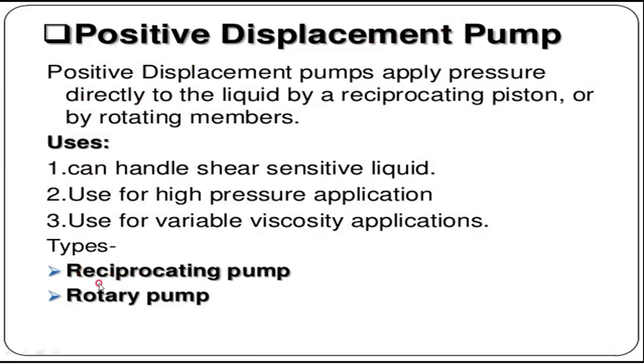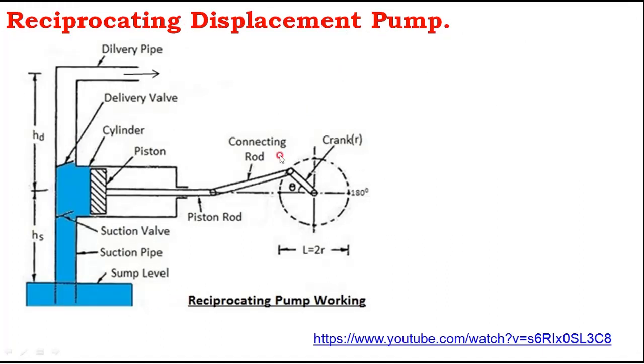We have covered the rotary pump, and now we will see the reciprocating pump. What is a reciprocating pump? The best example is your borewell. There is one arm, and you operate that arm up and down, up and down, and then water will come. How does that happen? That is because of the reciprocating displacement pump. In a reciprocating displacement pump, we have a piston. This piston moves front and back, front and back, therefore it is called reciprocating. Let us understand the working procedure of this pump.